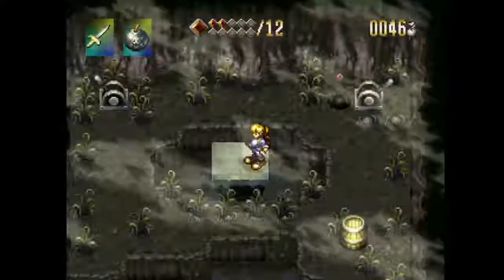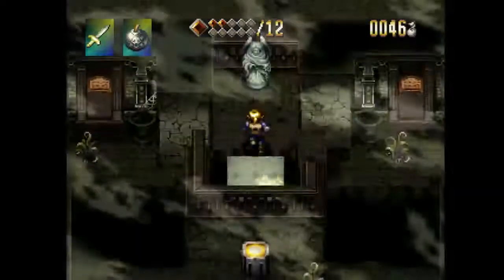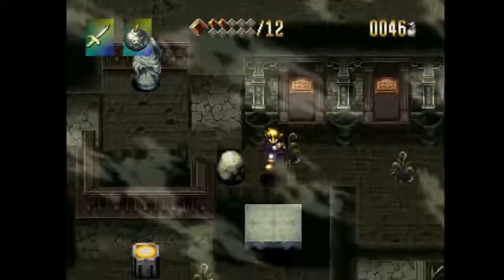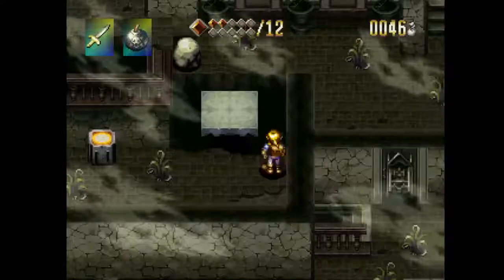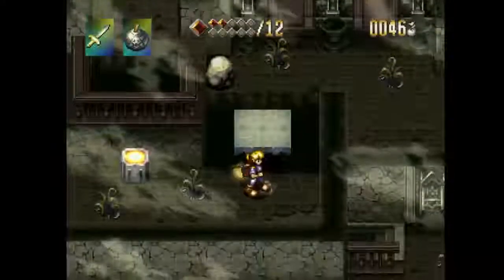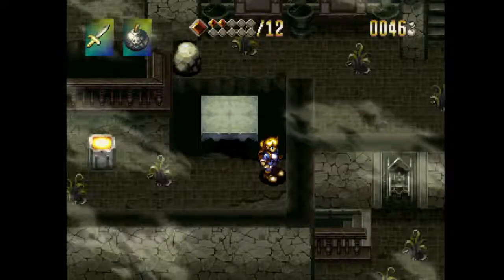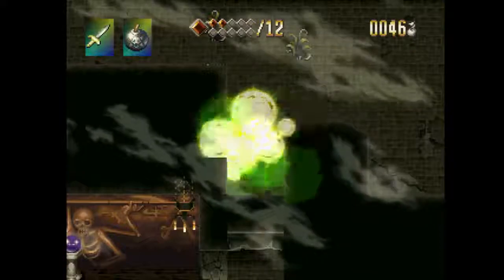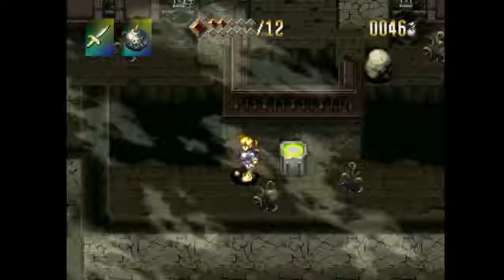So falling down there, just hitting this lever so the platform can go up, and we talk to the statue. Technically this is not needed, since you can jump from here over to here with an item carry jump by holding a bomb over your head. But it is very tricky to do, and what you would need to do then is...